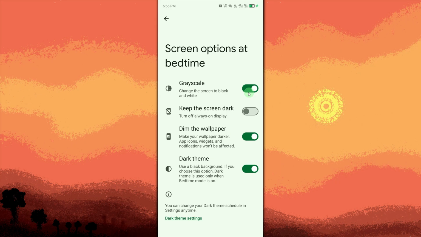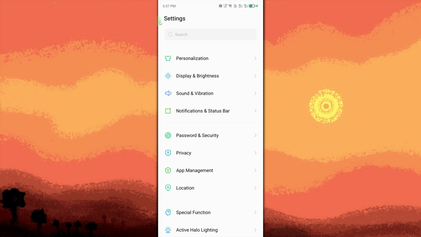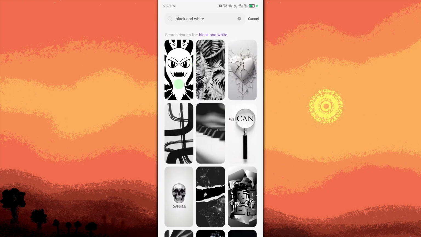Use a monochrome wallpaper. Go to Settings, Wallpaper and Style, or Personalization, depending on your Android device. Choose a black and white wallpaper to match your icons. This will give your Android a black and white